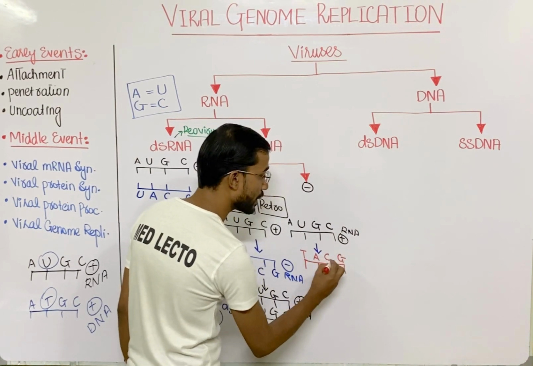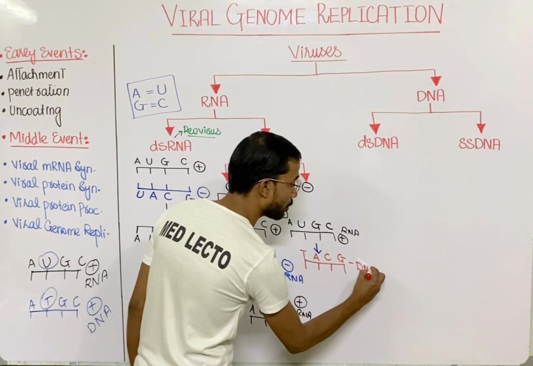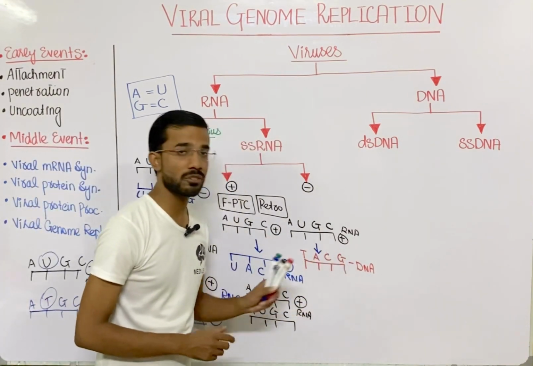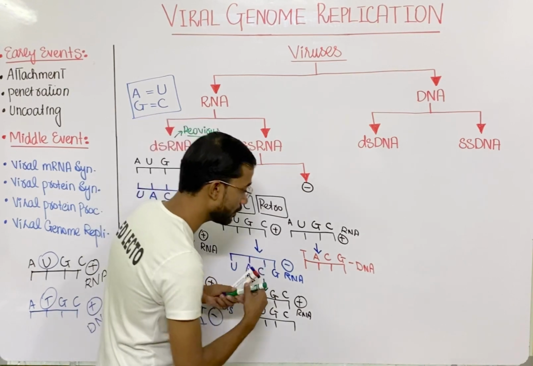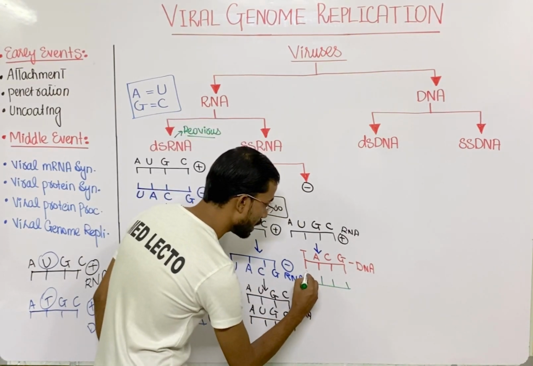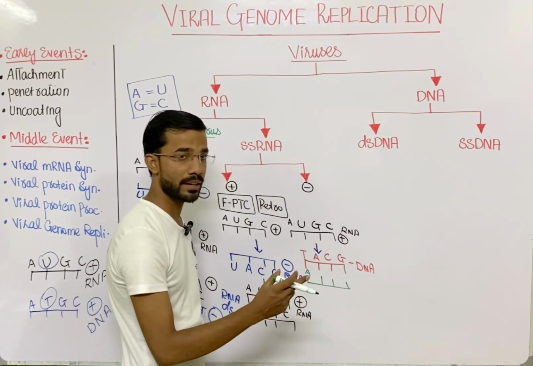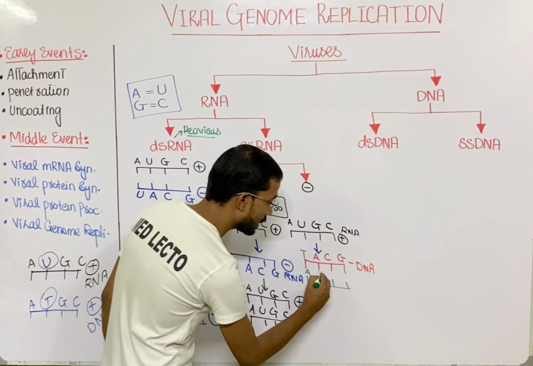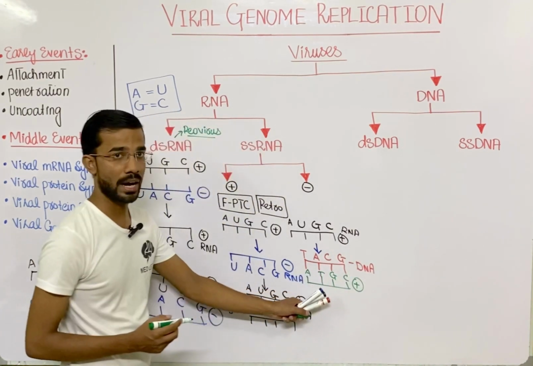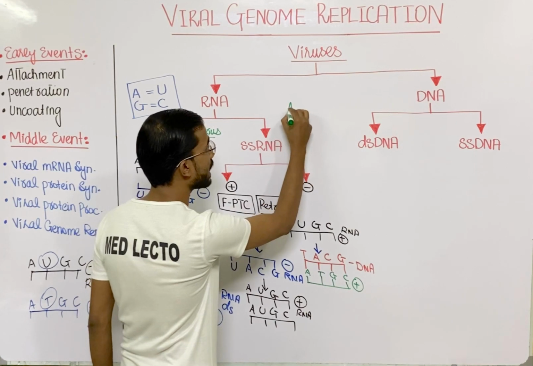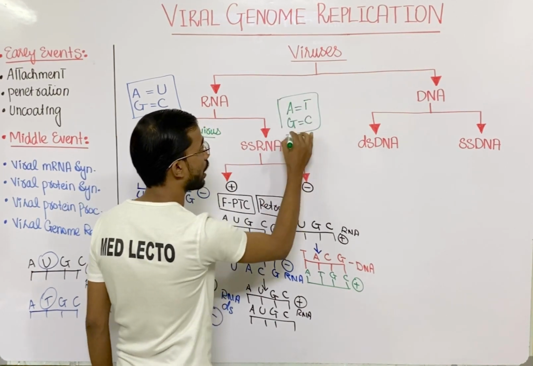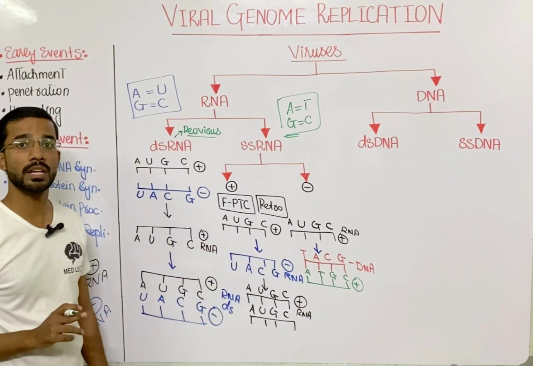Now this is the strand of the DNA, negative polarity strand of the DNA. From the negative strand of the DNA, it will act as a template and form the positive polarity DNA, A, T, G, C. Now this is the positive strand. In the DNA, you will see the A is opposite to the T and G is opposite to the C. Now this is the complementary system in case of DNA.